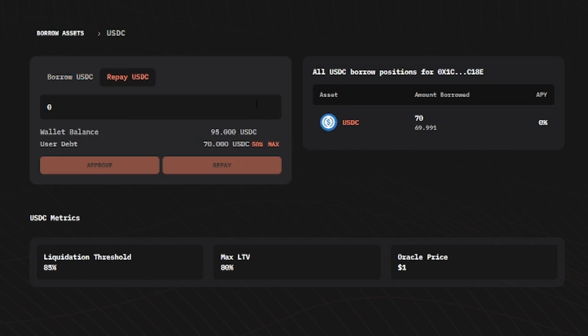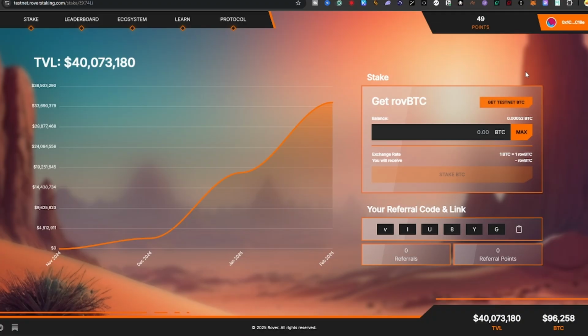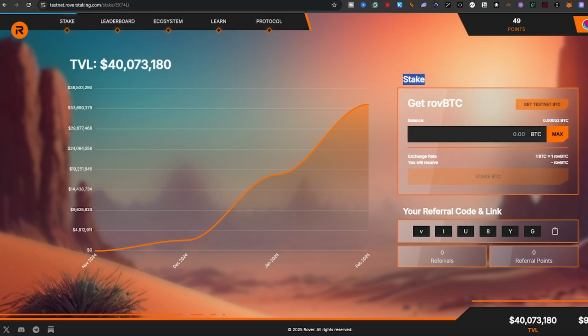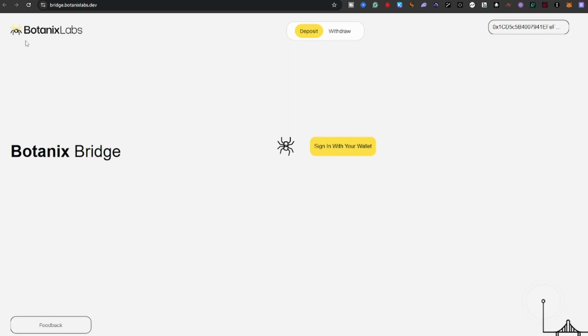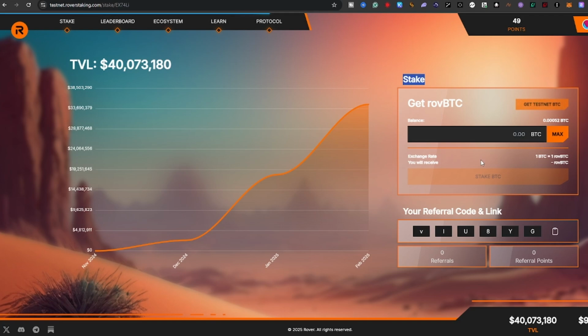And then after that, the next dApp that we will need to use is our staking. So as you can see, it will show get testnet BTC, but if you click it, you will go to Botanics Labs. Since we already did that at the start of our video, we don't need to do that anymore.